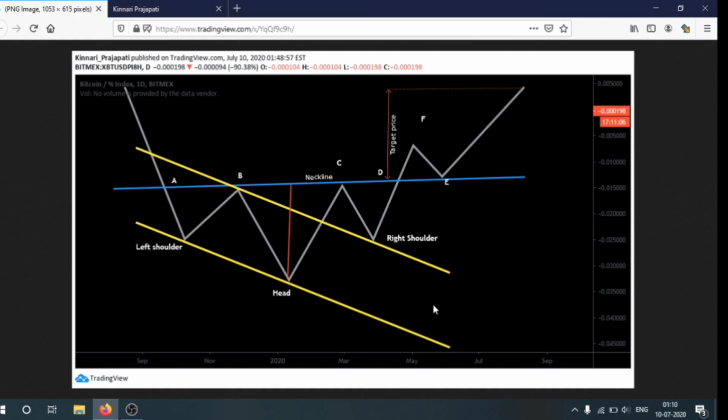So dear friends, traders and investors, today I am going to teach you technical analysis using the head and shoulder bottom pattern. Today my main agenda is to describe in detail the head and shoulder chart.